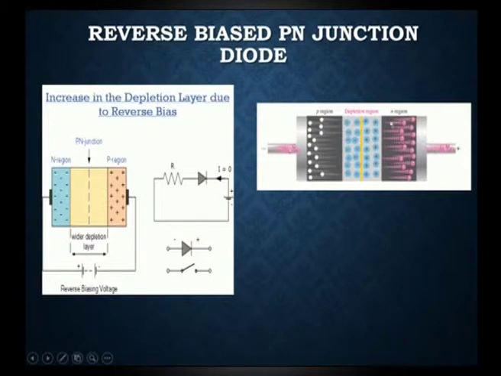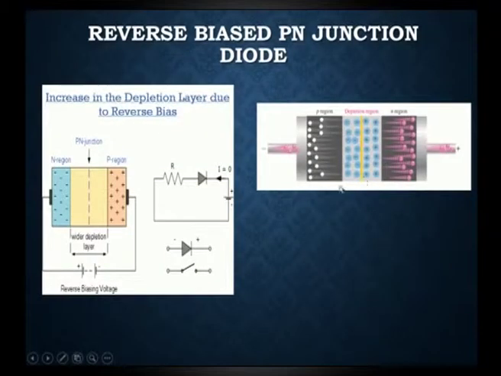So, this is because of the difference in the poles: this is positive, this is negative, that is why the electron is attracted towards the positive terminal. So, here the flow of electrons, whenever we give the supply voltage, the negative voltage will pull away, and the positive voltage will attract and deplete here. The depletion region for a certain voltage will be increased here.